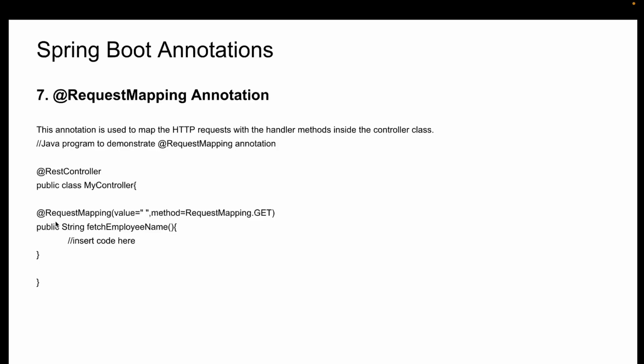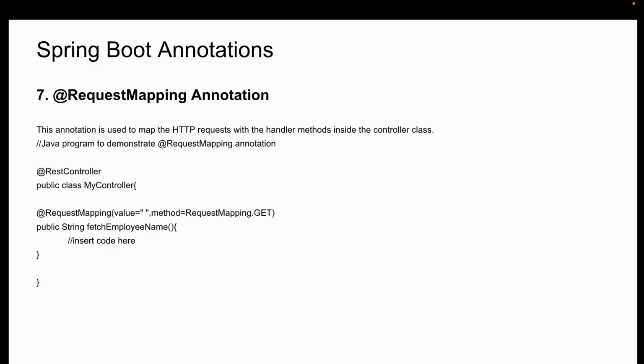So this request mapping will be applied at the method level. Here we are applying this request mapping annotation. We'll see how this request mapping can be replaced with certain other annotations like get mapping, put mapping, and those things. But here we can understand that this request mapping annotation will be used to handle different